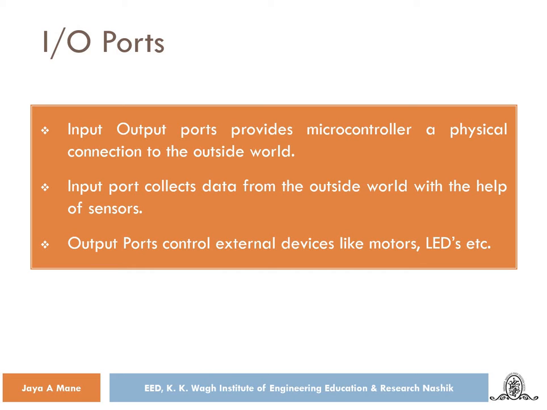Suppose, for example, I take an air conditioner. The air conditioner monitors the temperature of the room, and once it senses that the temperature is above the set limit, it cools down the room and takes the temperature back to the defined limit. So the input ports sense the temperature of the room, then some kind of operation is done on it, and then it provides the cooled temperature at the output side, right? That is done through the input and the output ports.